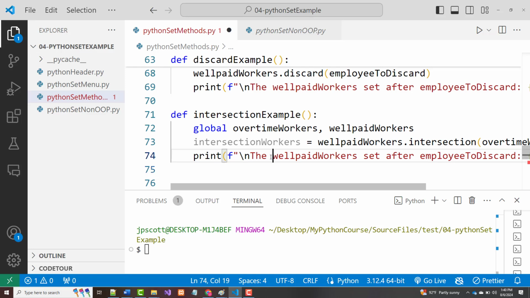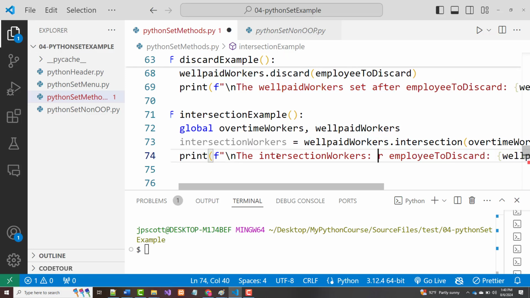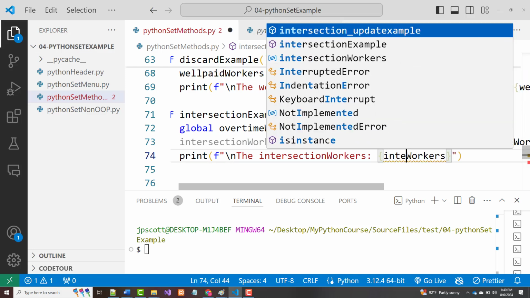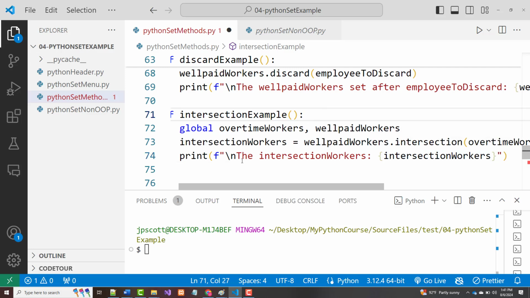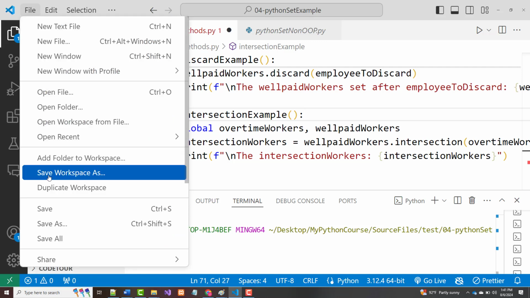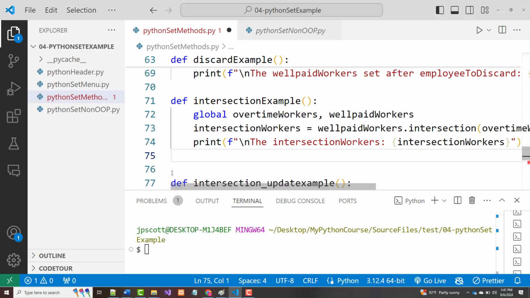So the intersection workers. So again, these should be the ones when we do an intersection that exist in both. All right. So let's see if that one works. That'll be number 6. In fact, right here,